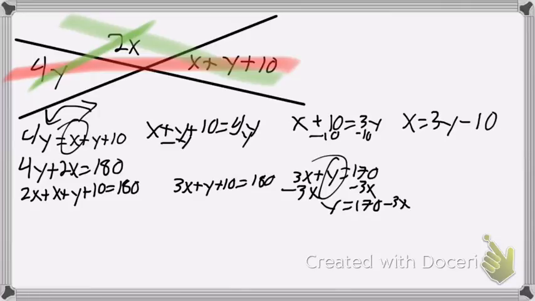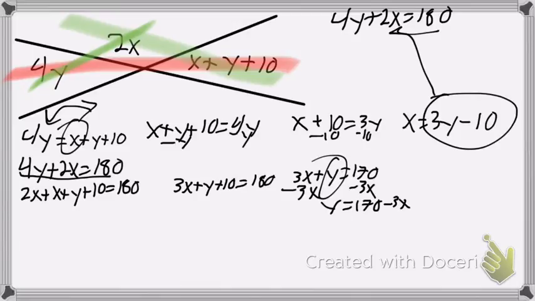So I'm sitting there going, Mr. Renard, what do I do next? That helps me not at all. But it does. And here's what you're going to do. You're going to look down here, and you're going to see that 4y plus 2x equals 180. So I'm going to write it up here. 4y plus 2x equals 180. And hey, see that x there? This is where substitution was born, right there. Okay, so why this is important, you need to be able to go back to those dark days, that first semester of Algebra 1, and